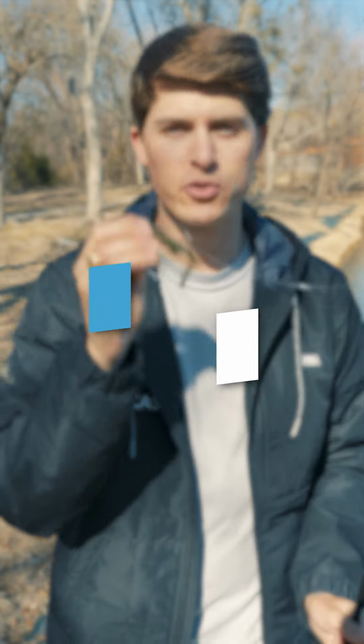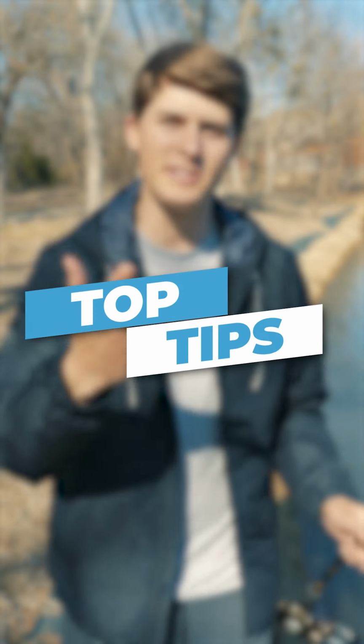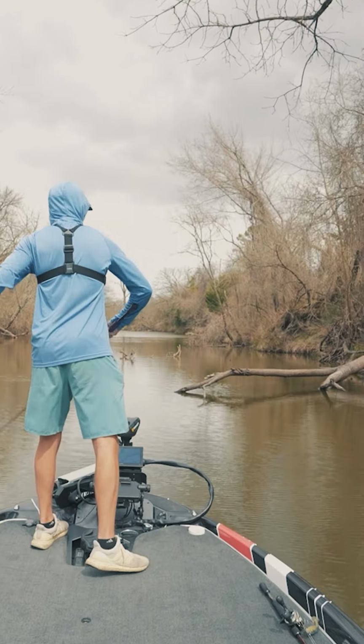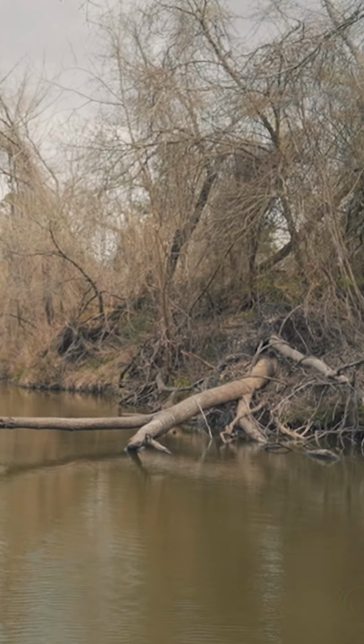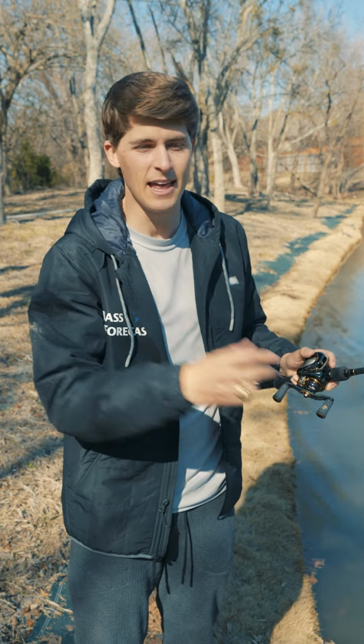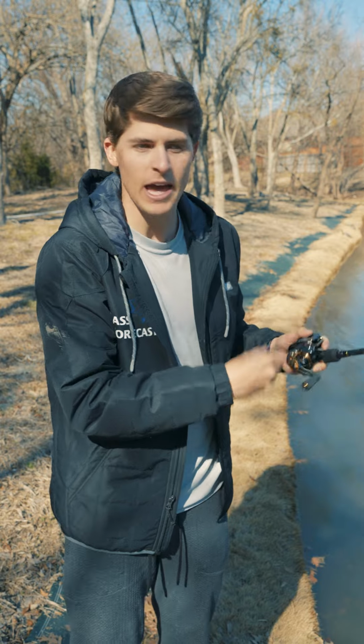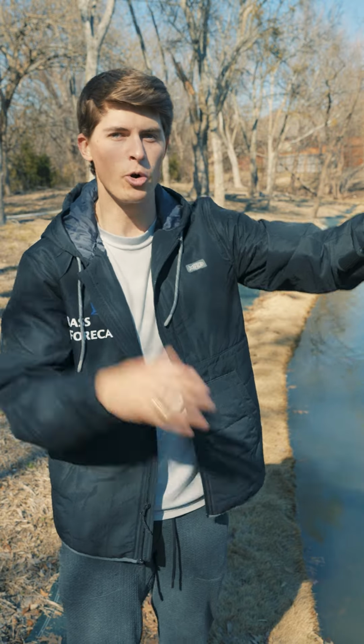The retrieval of a craw or a tube is super simple. Let me teach you. Step 1 is to either make a long cast over your area, or you can pitch it to a piece of visible cover you see in the water. Once your craw or tube has hit the bottom and you're sure of that, slowly hop and lift that bait off the bottom and let it sink back down until you get a bite or your lure is now out of the strike zone, which then you rinse and repeat to the next piece of cover or over the next